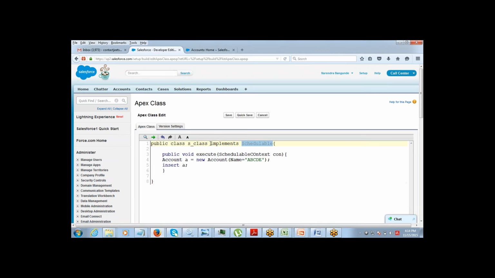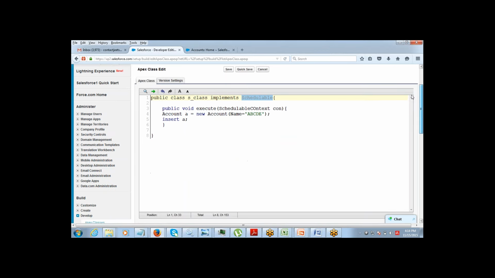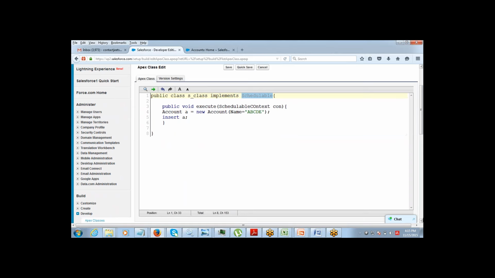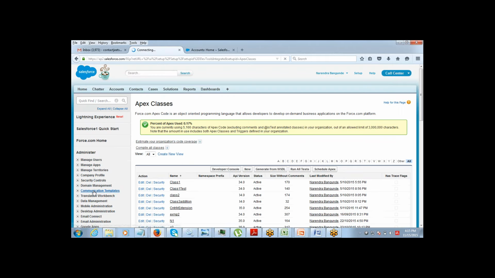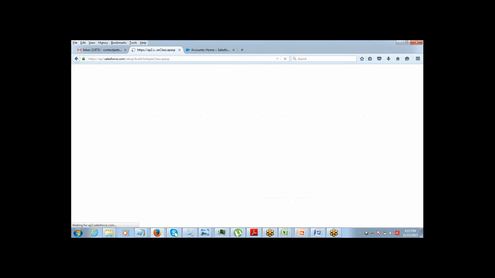Save it. Now, how will I define the schedule for this Apex code? The code is ready. Now you just have to define the schedule for it. So just go to Apex classes. Here you will find Schedule Apex at the top. Click on Schedule Apex,